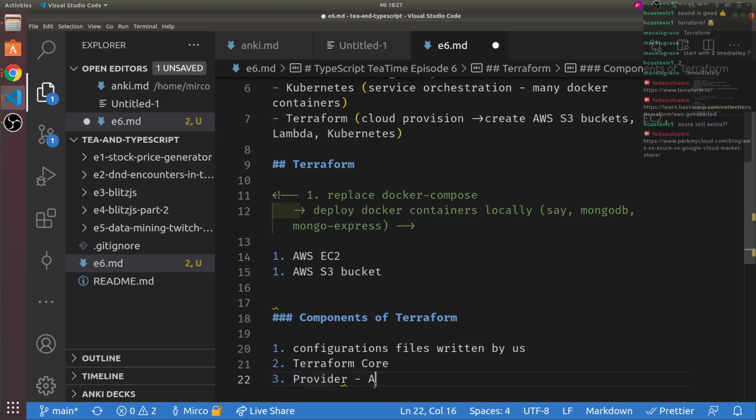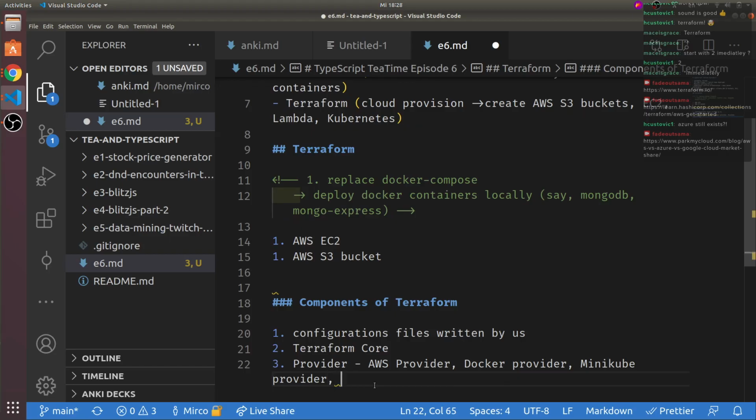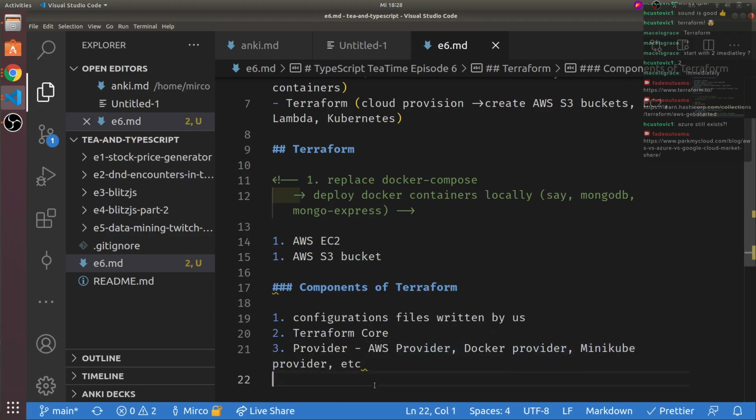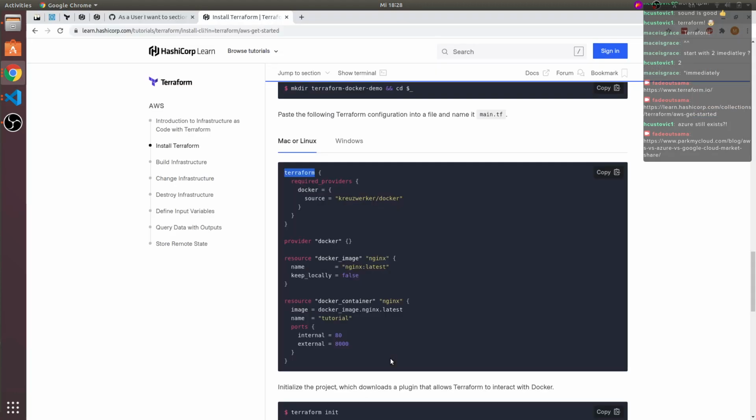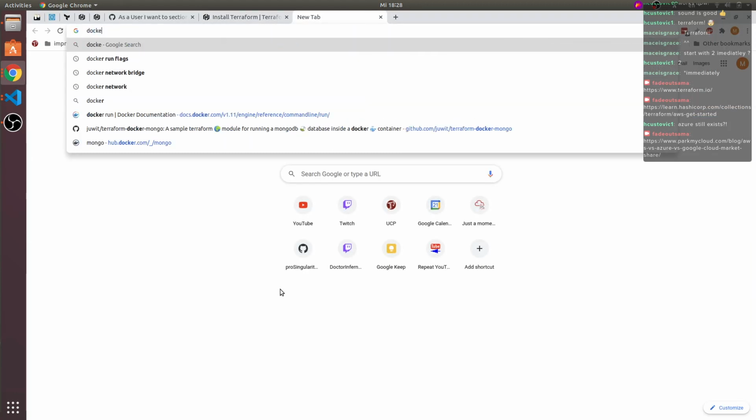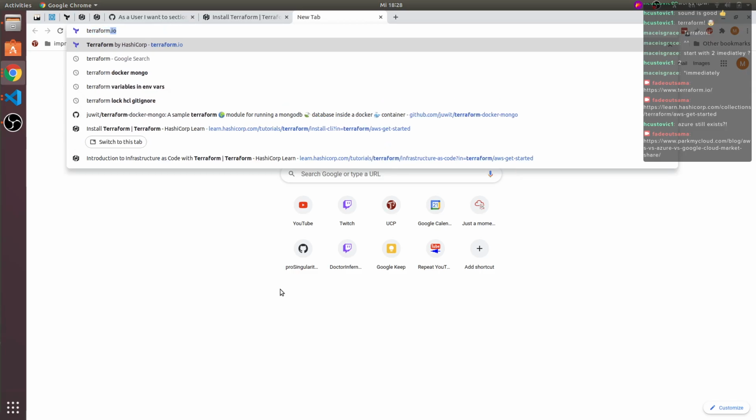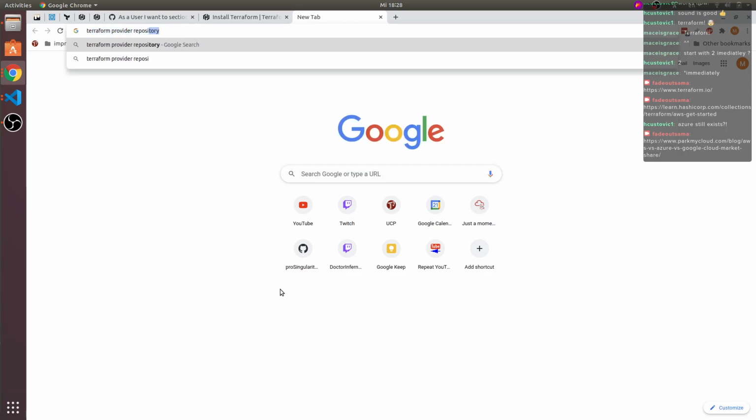So there's an AWS provider, or a Docker provider. There's also a Minikube provider, for example, to build Kubernetes locally with Minikube, etc. There are a lot, I think, in the Terraform providers repository.